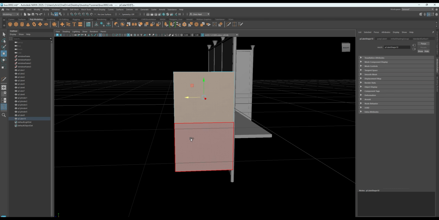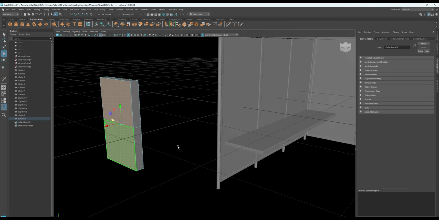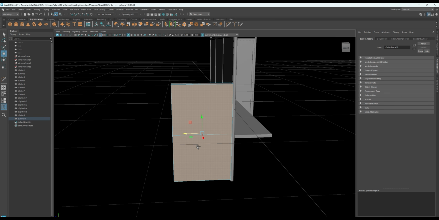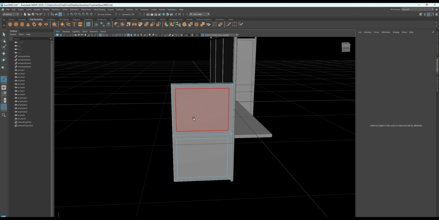I'm going to hold down shift and drag here and let go. So again, I've got both edges, both faces selected. I'm going to go Control and E, and we're going to offset this. So we're going to make a sort of frame for this as well. So I'm offsetting it by about 4, but I want it to offset from that middle line as well. So all we need to do with that is click Keep Faces Together off. See, so it makes this nice area here. Click off it, come back,